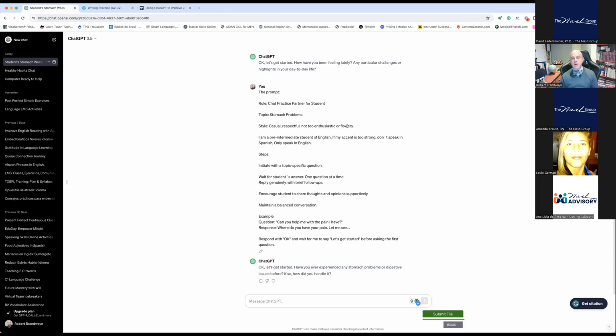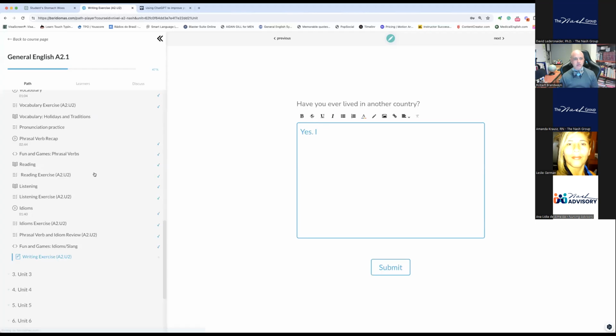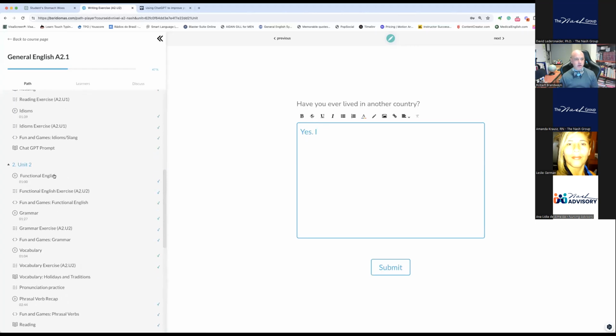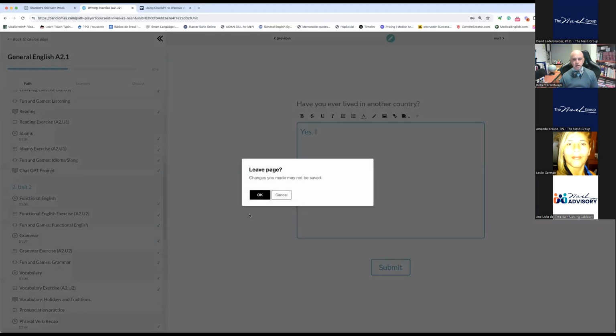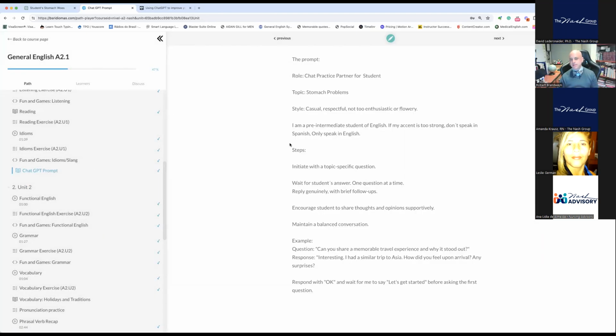Okay. Another thing that we're doing, otra cosa que estamos haciendo, is that we are incorporating prompts into the platform. Estamos incorporando prompts a la plataforma. So at the end of every unit, al final de cada unidad, you will start seeing a ChatGPT prompt. Ustedes van a ver un prompt de ChatGPT. Of course, it is according to the level. Obviamente está de acuerdo al nivel.